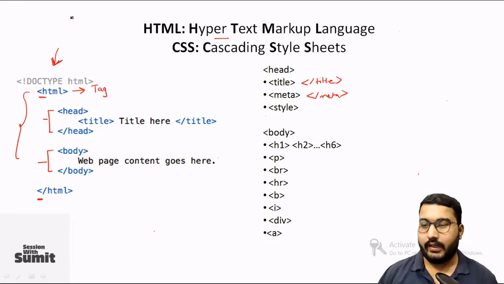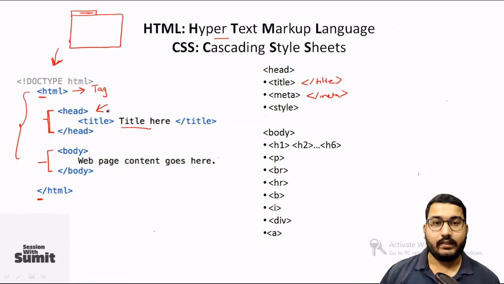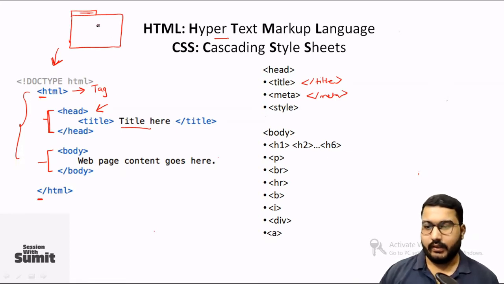Now whenever you look into any web page, let's say this is my website and this is the tab, basically your tab in, let's say, a Chrome browser. This tab will have some name. That name is known as the title of the web page. So this head tag will consist of all the meta information that is not visible to you, or maybe not visible to anyone. And everything that is visible to you, or maybe all the content of this website, will be added to this body tag. So everything needs to be added within this body and /body.